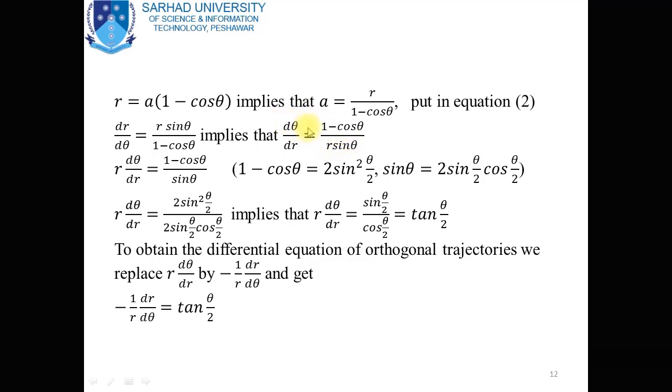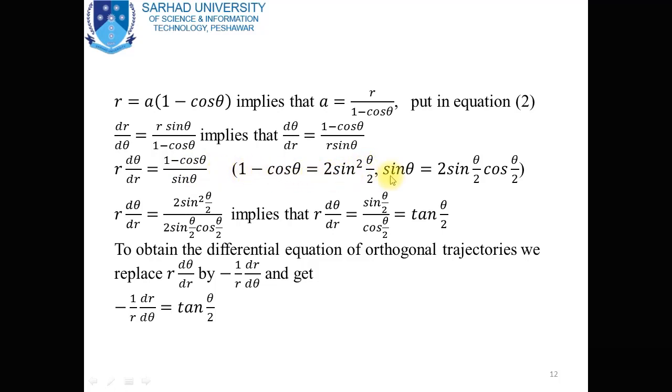To solve the differential equation easily, we write d theta by dr is equal to 1 minus cos theta divided by r sine theta. Now multiplying both sides by r, we obtain r d theta by dr is equal to 1 minus cos theta divided by sine theta. And dear students, we know that 1 minus cos theta is equal to 2 sine square theta by 2,